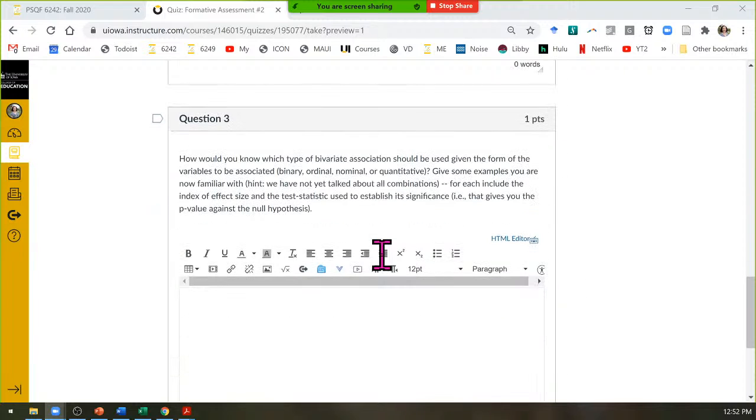Last one then, measures of association. So what have we learned and what do we do with them? These are somewhat confusing because it gets hard to keep track of what is an effect size versus a test